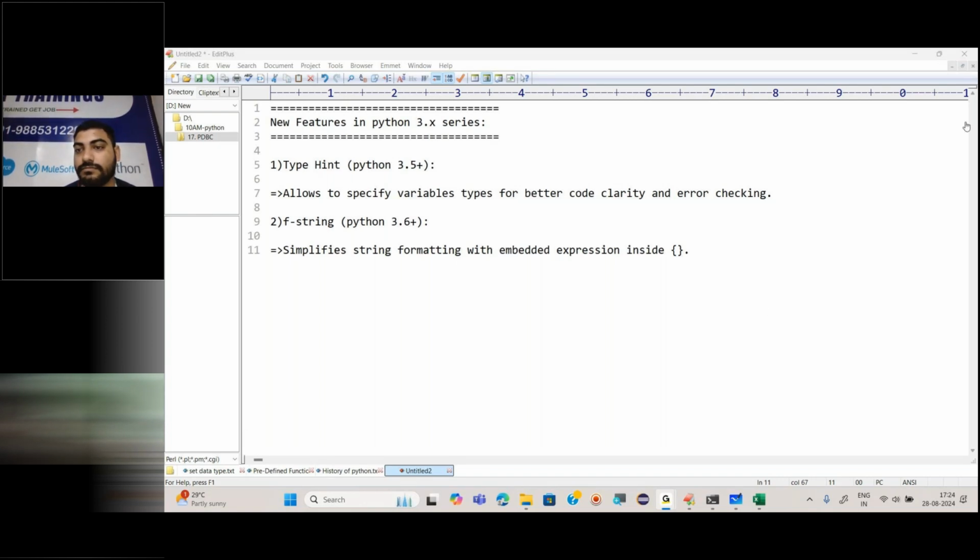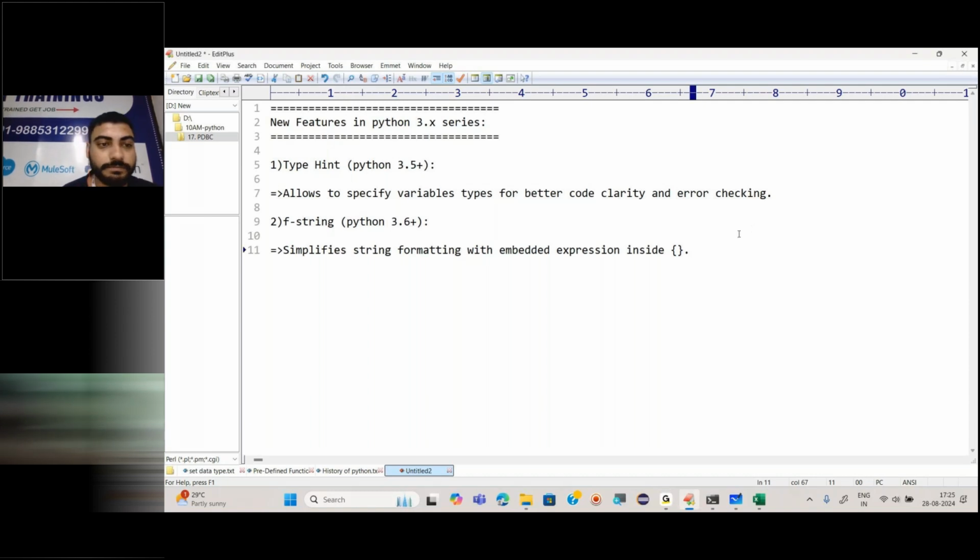No. Is the screen visible for everyone? Yes, sir. Sirisha, you do one thing, you leave the class, again rejoin yourself. Rejoin it. Okay, okay, sir.